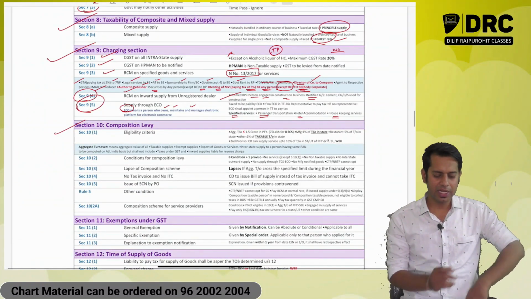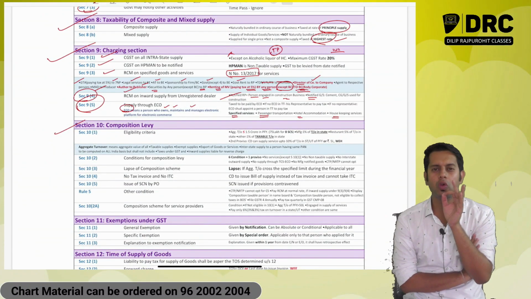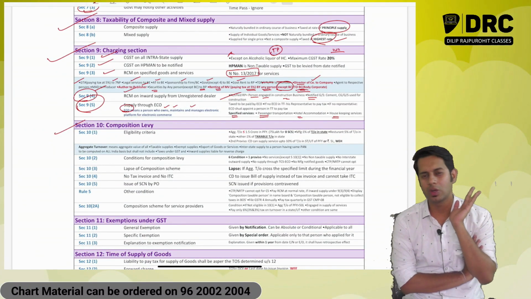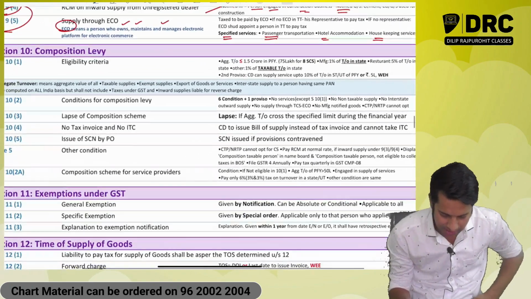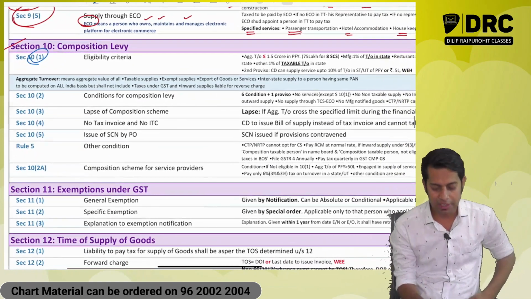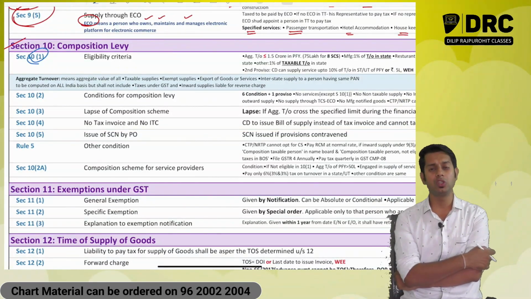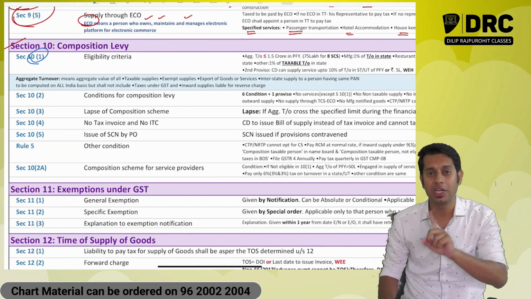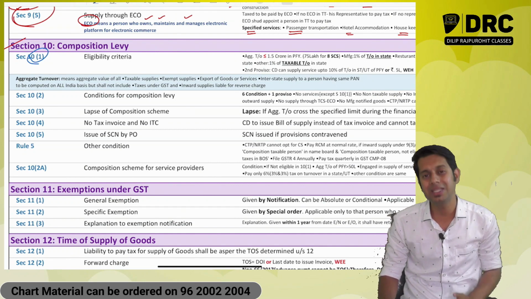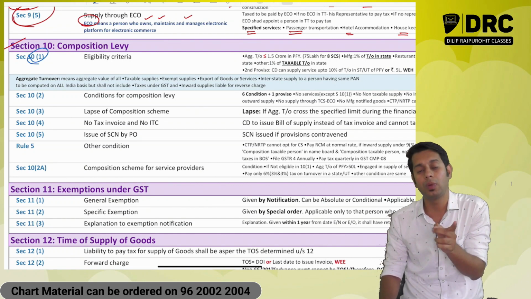Then section 10. Section 10 talks about composition levy. Section 10 subsection 1 talks about eligibility. Who is eligible to become a composition dealer? A registered person whose aggregate turnover in the preceding financial year did not exceed 1.5 crore rupees can opt to